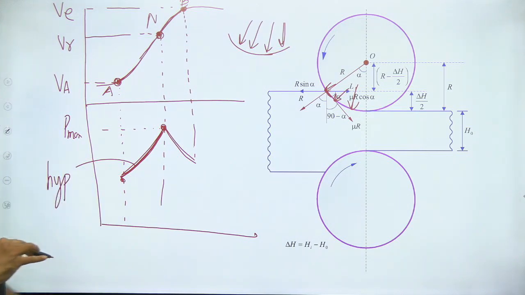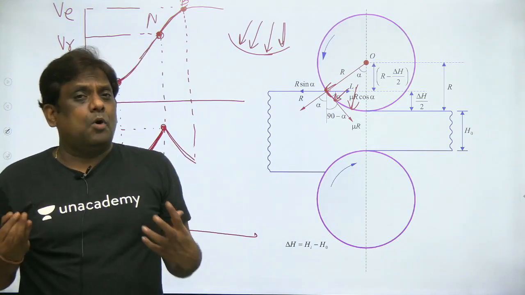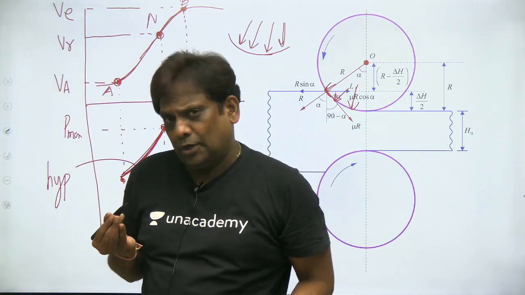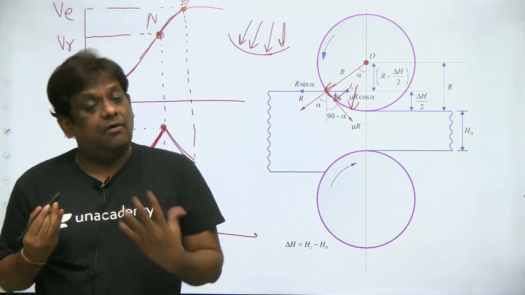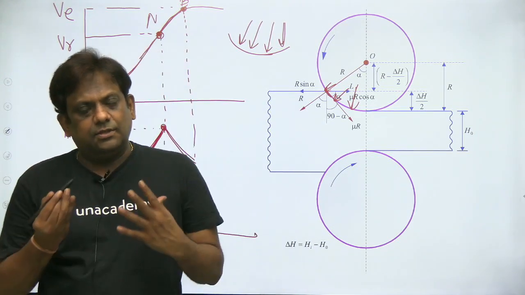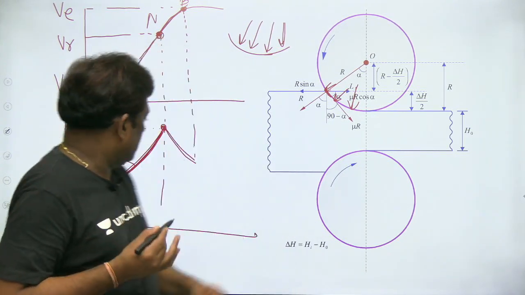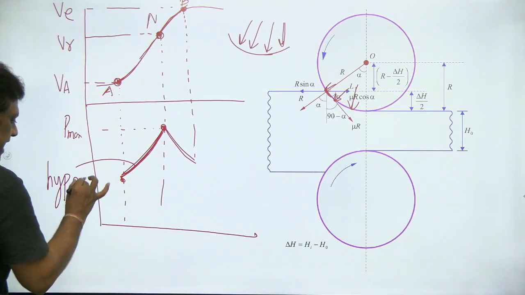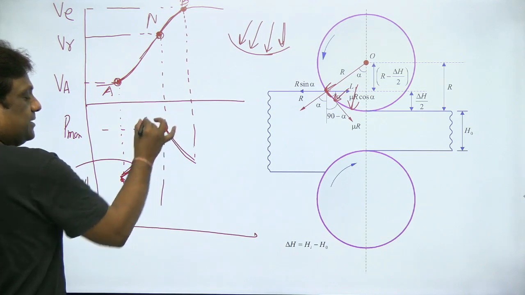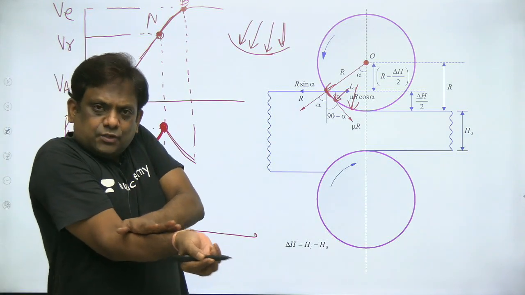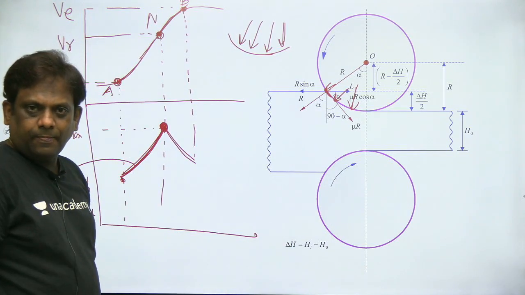Anyway, I'll be deriving the equation if you want, but that is very important from the civil services and engineering services conventional point of view. So if you really want that, I will derive the complete big equation. It may take one hour or so, but only those students who are sincerely preparing should go through that derivation. We'll be showing that it is a hyperbolic curve. So where is the pressure maximum? It is maximum at the neutral point. Why? Because at the neutral there is no slip. When there is no slip, the only thing is normal. That's why the pressure is maximum.